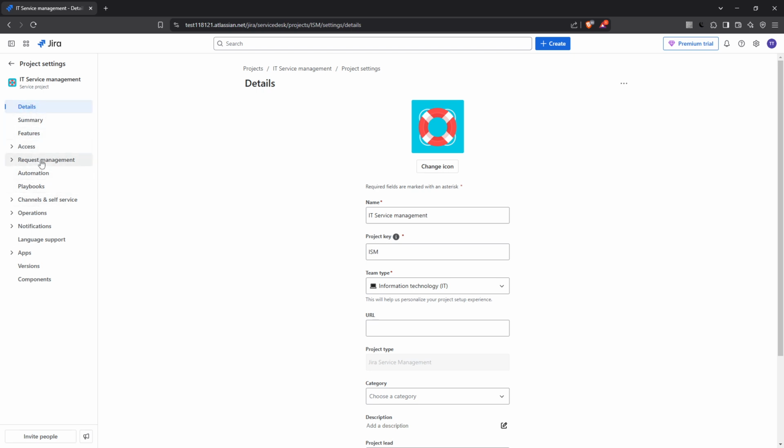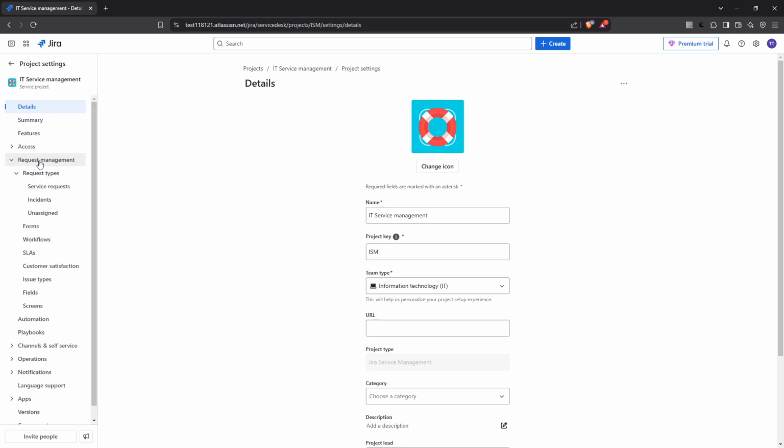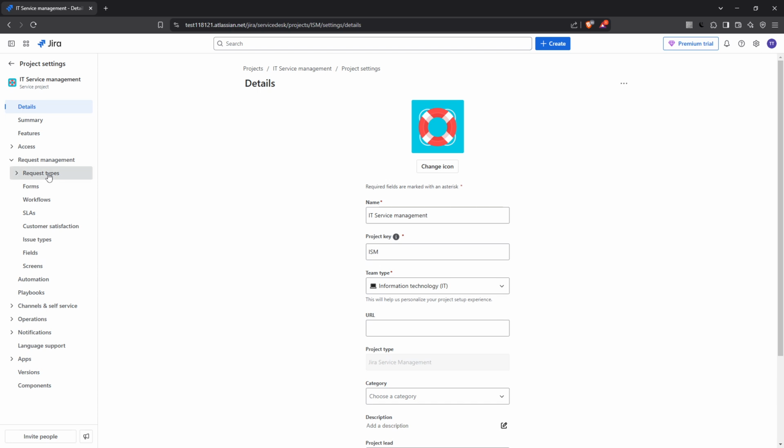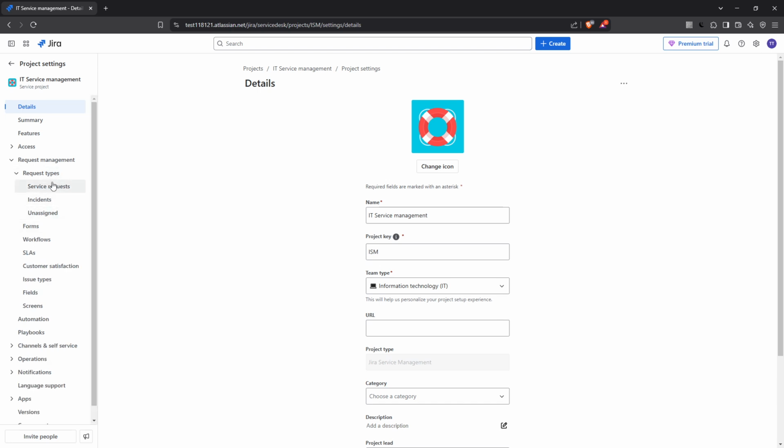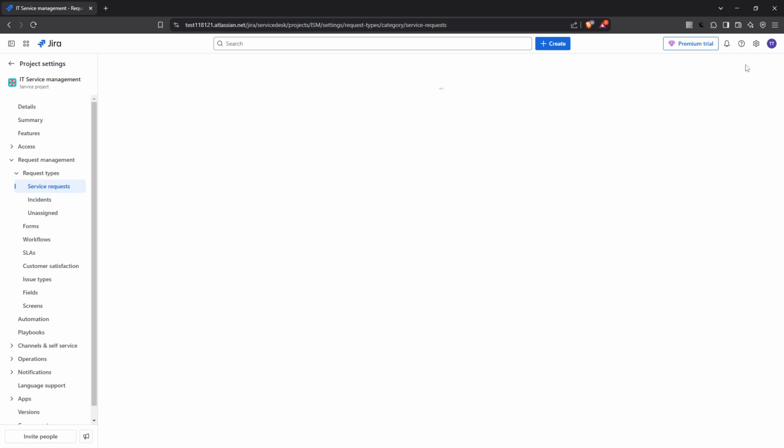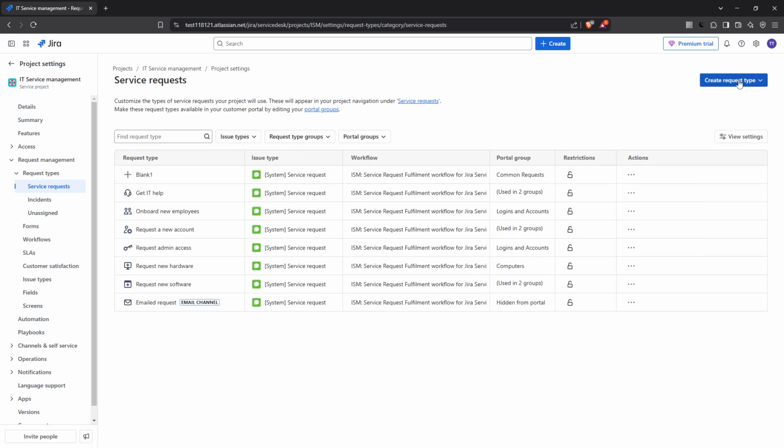types. Next, find the option for Request Management. Under this category you'll see Request Types, and within that a section for Service Requests. Click through these options to reach the Service Requests area. This is where you will create and organize new request types, so it's crucial to ensure you're in the correct